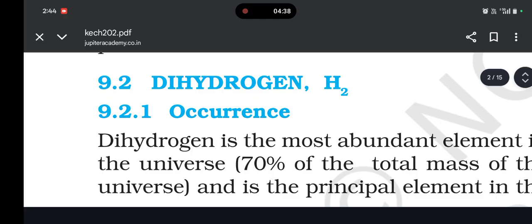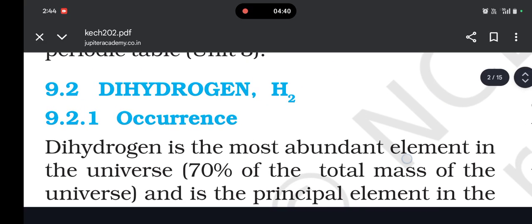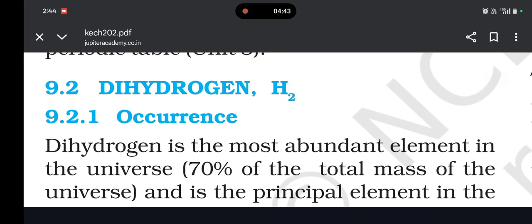Occurrence. Dihydrogen. Dihydrogen is the most abundant element in the universe, 70% of the total mass of the universe, and the principal element is